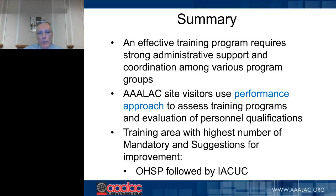If you recall from early in the presentation and from the guide, the oversight of the training programs really rests with the Institutional Animal Care and Use Committee, the IACUC, or the oversight body. Along with that, the attending veterinarian or veterinarian is part of that IACUC. So it's a group effort as far as ensuring that appropriate training is occurring